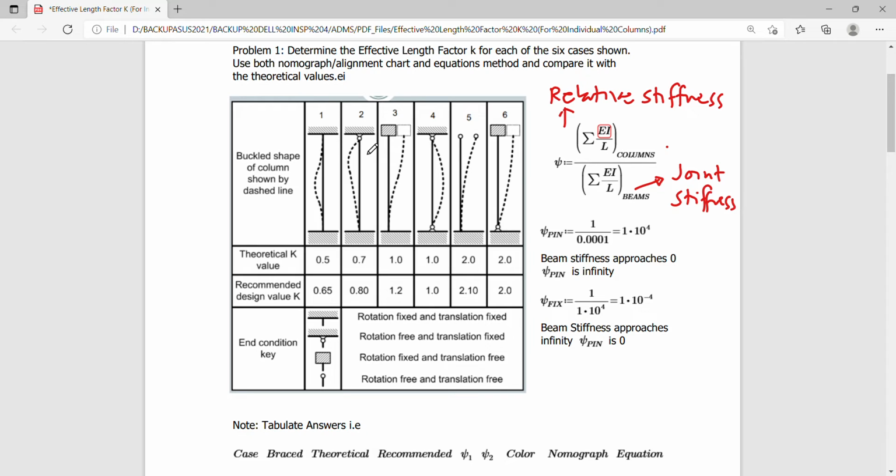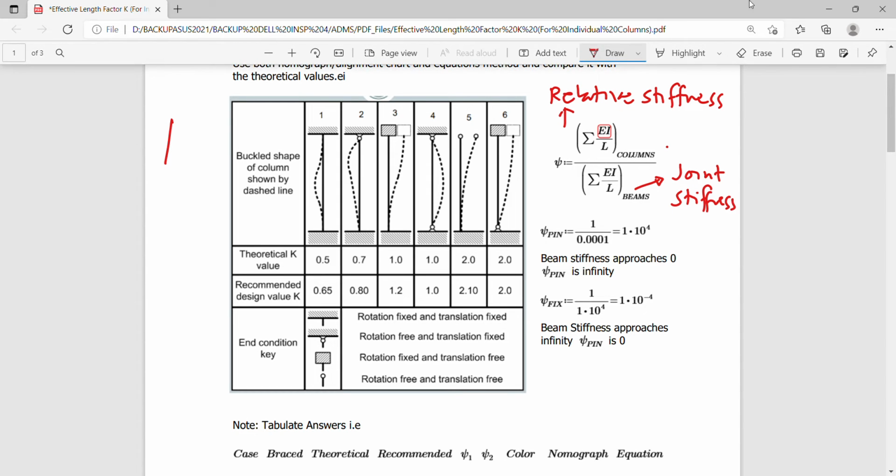So for the relative stiffness of a pin joint, if we have a joint comprising a pin support,